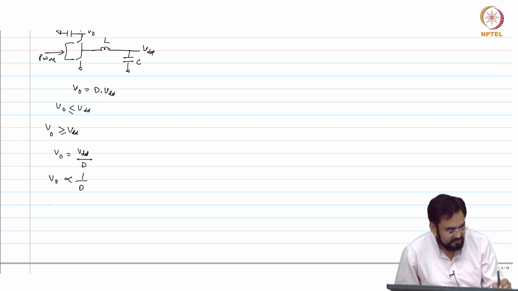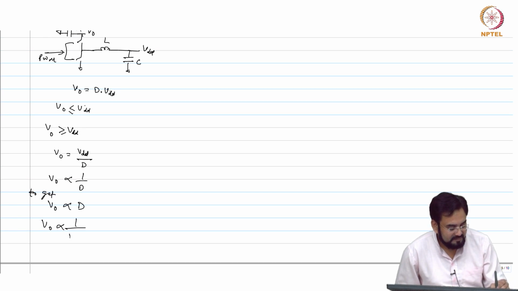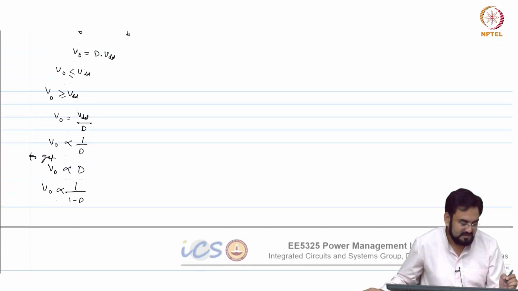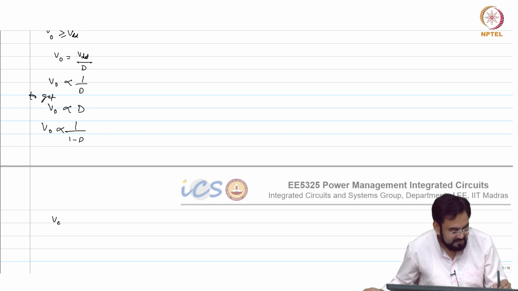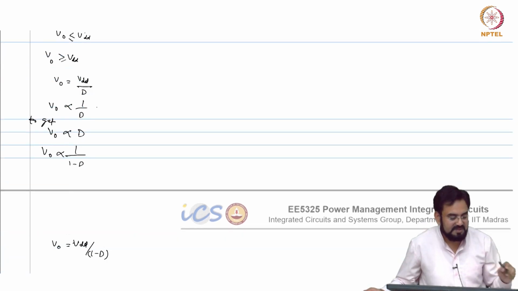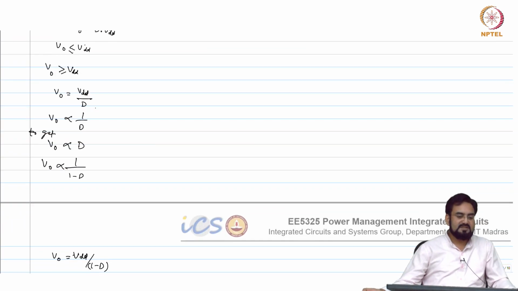So to get this, instead of that I will do this, which means I will make the relationship V out equal to VDD over 1 minus D. So D is replaced with 1 minus D, which means your high side switch will be,